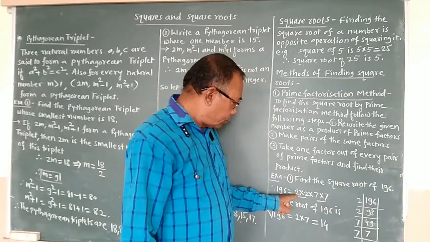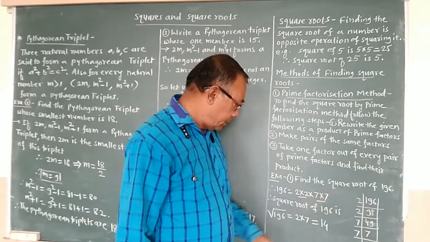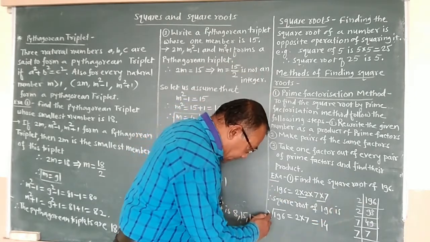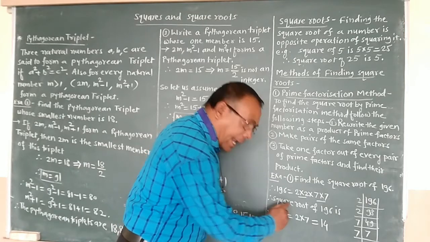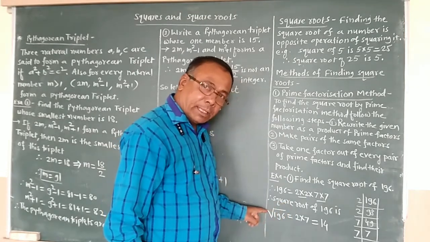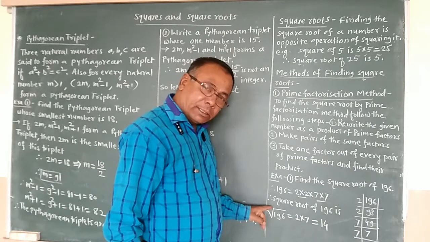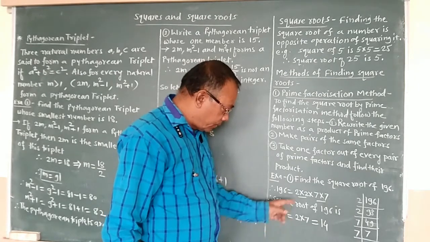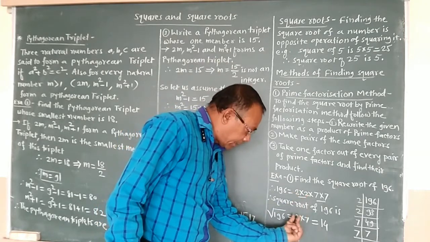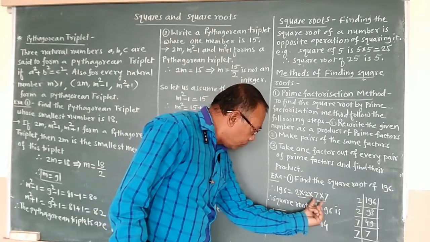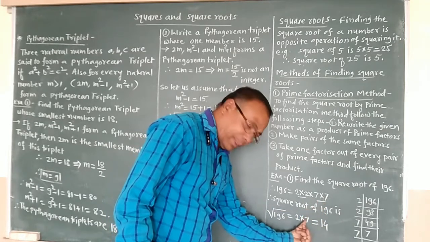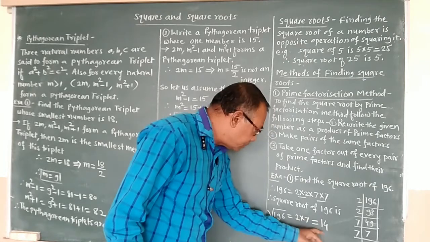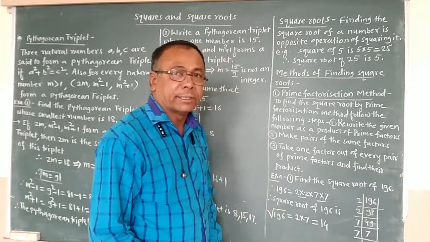I have written here 2 into 2 into 7 into 7. Then square root of 196 is... Now this 196 is written in the radical sign. This is the radical sign. So square root of 196 is equal to, here 2 times 2 are there, write only one time. Here 2 times 7 are there, write only one time, and multiply 2 and 7. So 2 7s are 14 is the square root of 196.